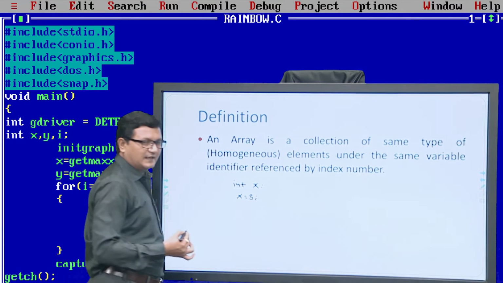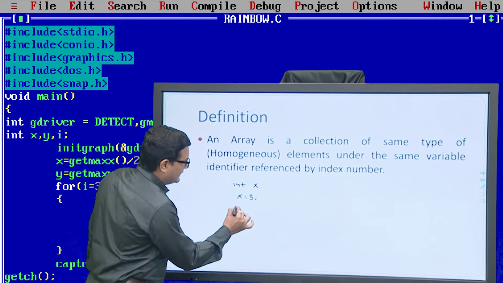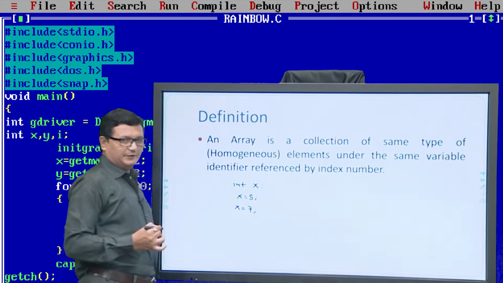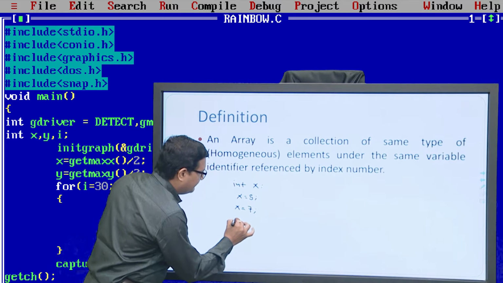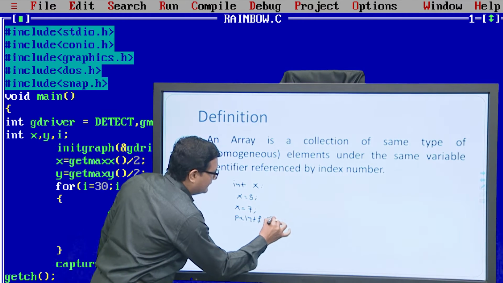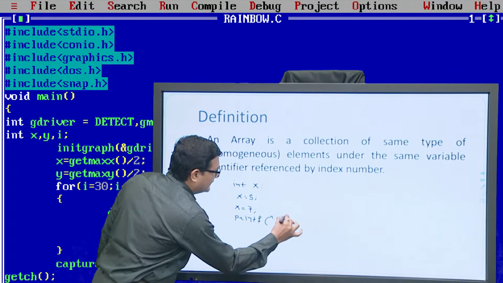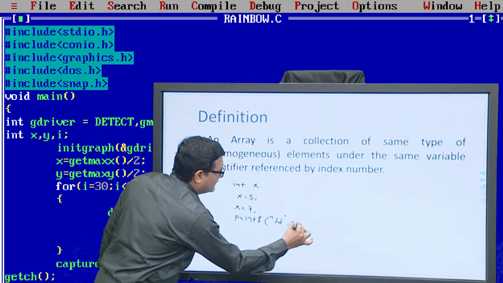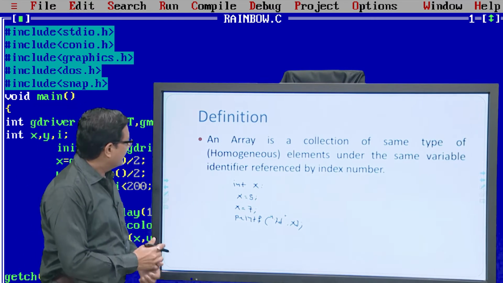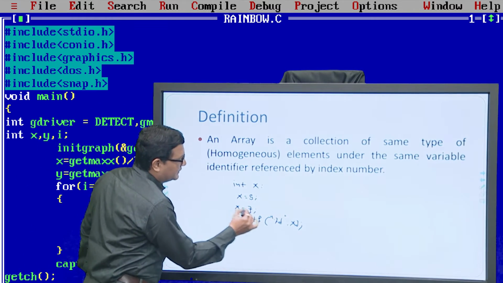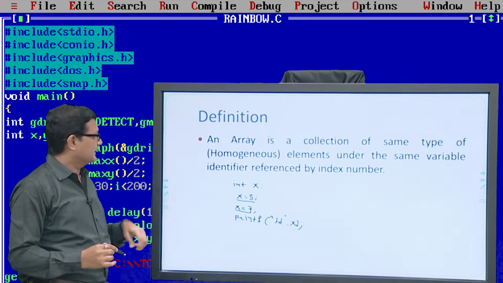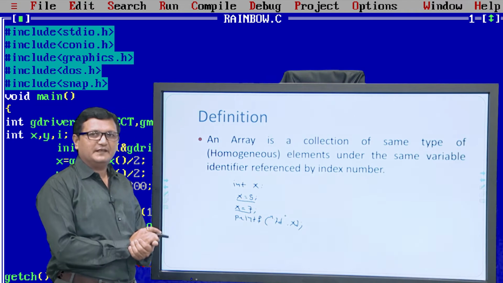Now suppose we are again assigning a newer value, 7, and then if we try to print, say printf %d and variable x, this will print value 7. Why? Because whenever you assign a newer value, the older value will be replaced, it will be deleted, and then the new value will be stored.